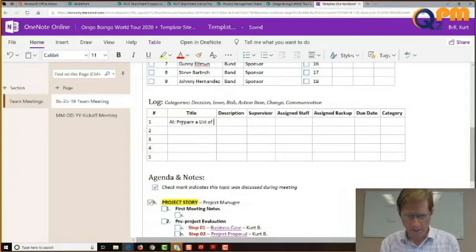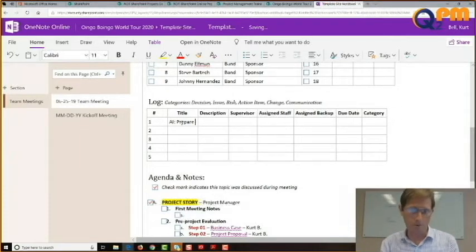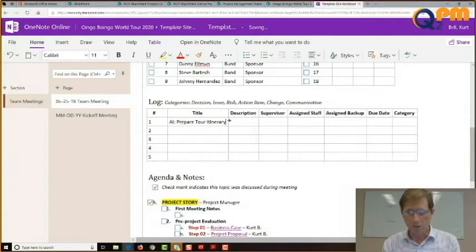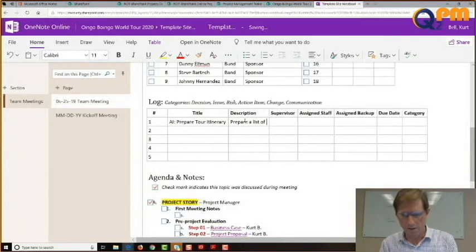So prepare, what do we call it? Tour itinerary. Did I spell that right? Yeah. Okay, so you see I'm doing this with everybody watching, right? We're all in agreement, that way when we see this in the future, we'll all know what this means. Okay? Prepare a list of